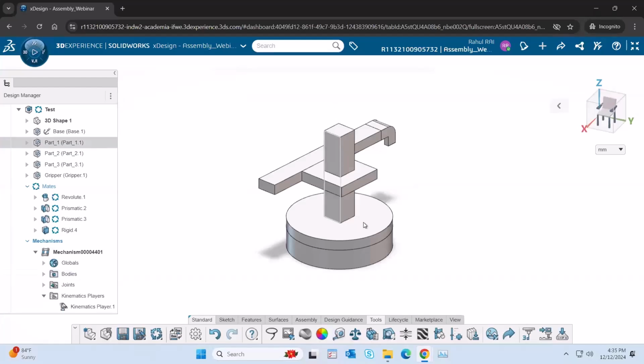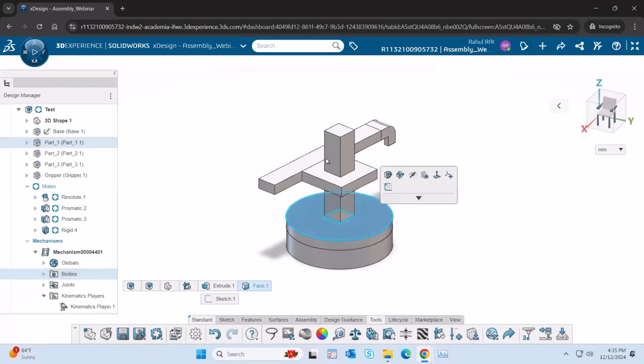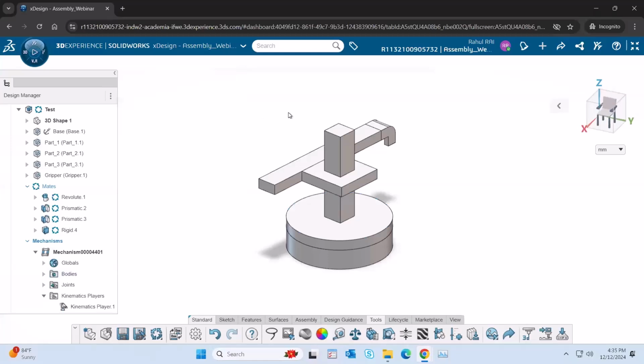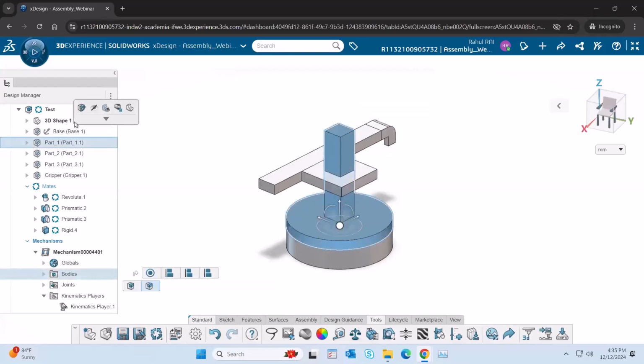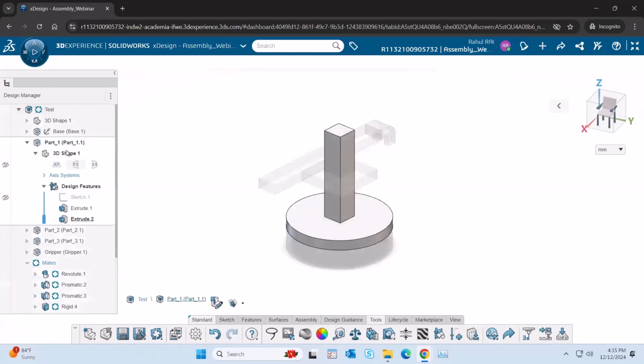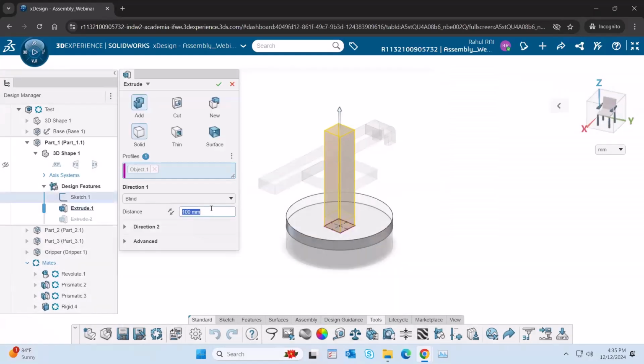So one way is that I can open this part, edit this part, and then go back to the assembly to see how it looks. Or what you can do is select this part either from the work area or from the design tree, and there is an option to edit it. Since it is created in Xdesign, we have all the features and we can control them. This feature, extrude to, controls its height. So now I can just move it to 150,